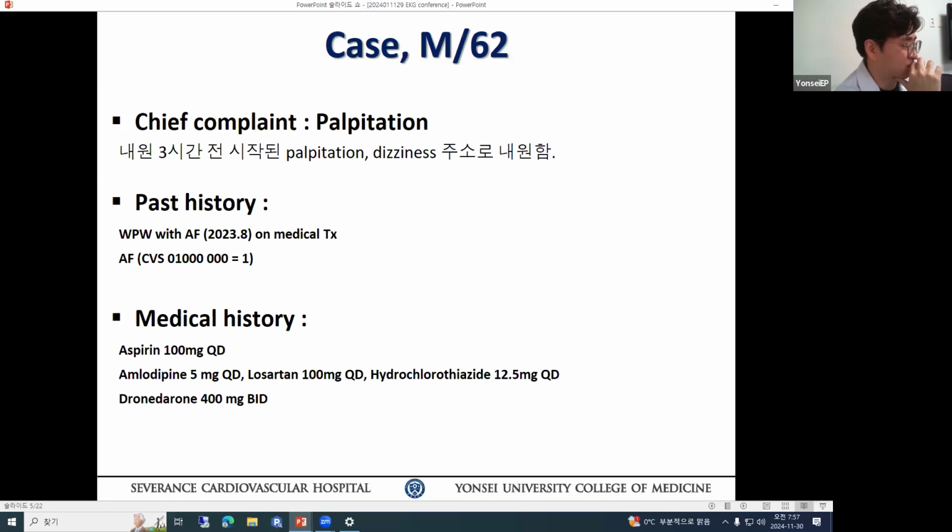There was an old paper: if the patient has both documented atrial fibrillation and WPW, just ablating the bypass tract, 50% of patients never show atrial fibrillation again. But it was a very, very old paper, and we still don't have a systematic long-term follow-up study for those patients. I leave the atrial fibrillation and follow closely, as Dr. Yu did, and I eventually saw documented atrial fibrillation from time to time.